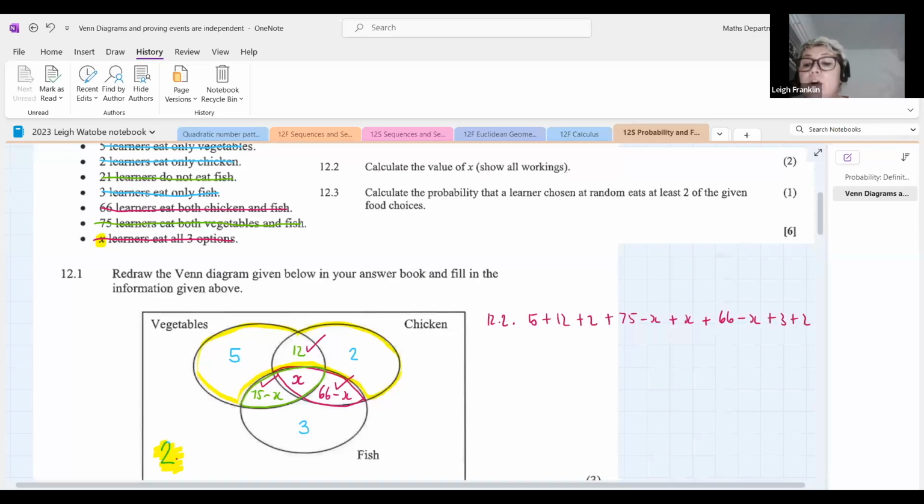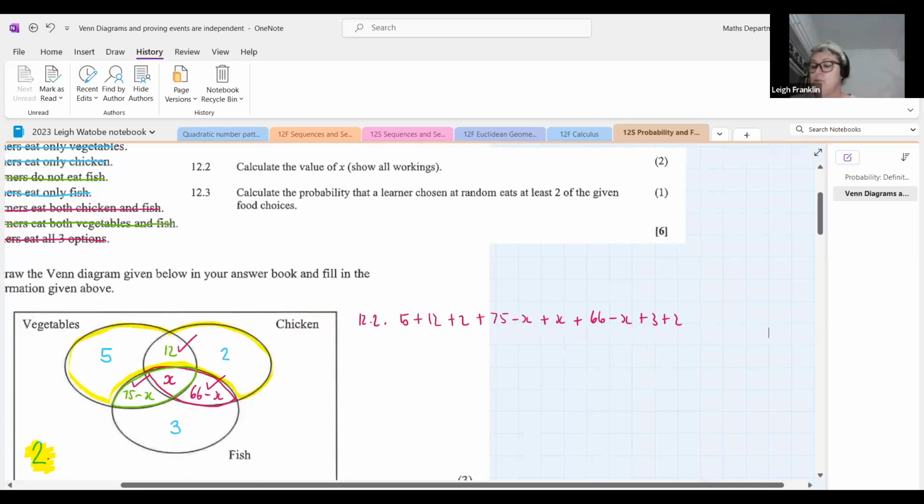And we're going to scooch over a little bit here. And as you said, we're going to make that equal to 103. So we just need to be super careful that we don't leave out any of our values. So we've got 5, 12, 2, 75 minus X, 66 minus X, our 3, our 2 on the outside, and